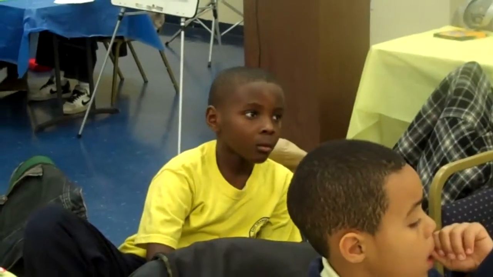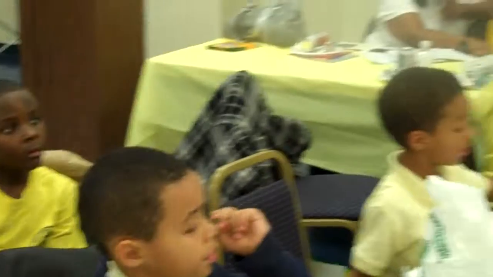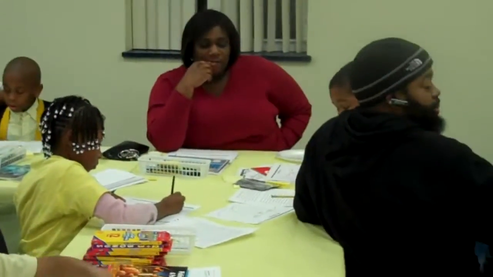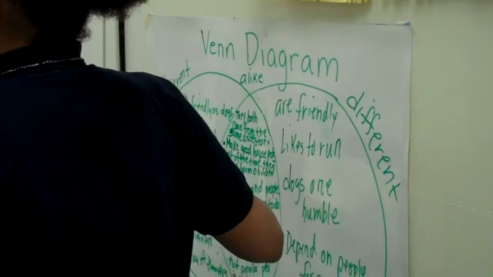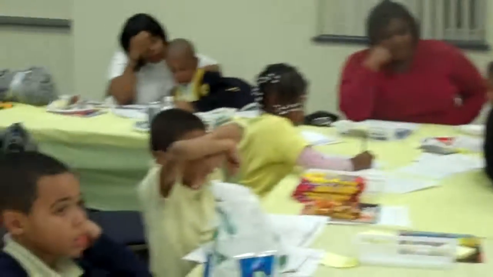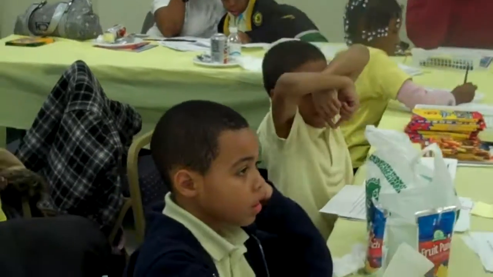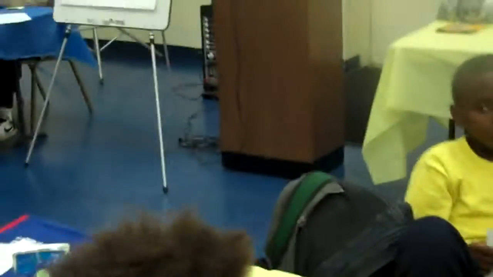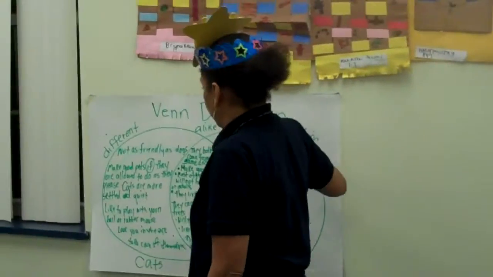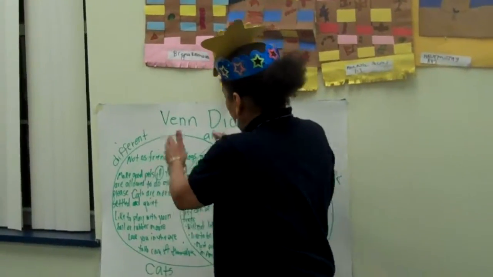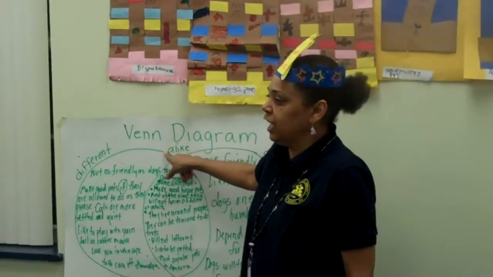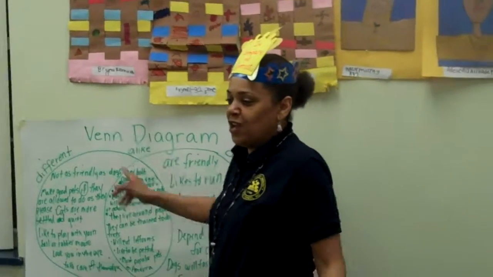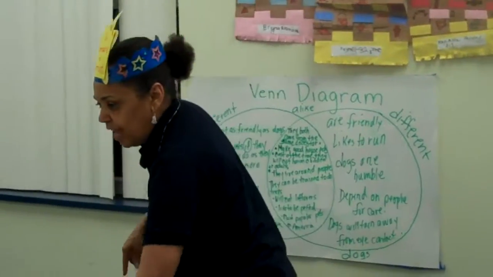Okay, now for the fun part, guys. You have your Venn diagram. In the Venn diagram, there are actually two circles that appear to almost be three. Yes, they overlap each other. What we're going to do is write cats over here, dogs over here. We're going to write everything that's different on the two outside, and things that overlap are the things that are the same. Now, I don't want anybody to cheat because Ms. Harris did her work. Now, you guys have to look in the article,